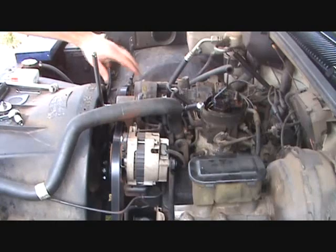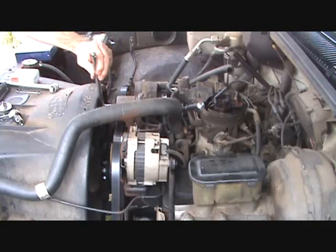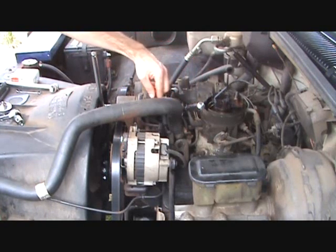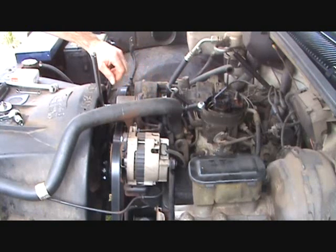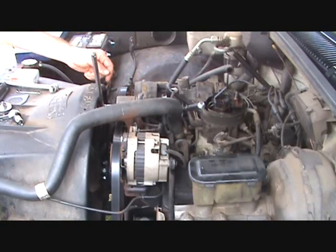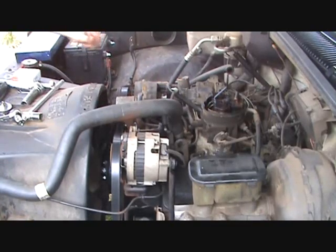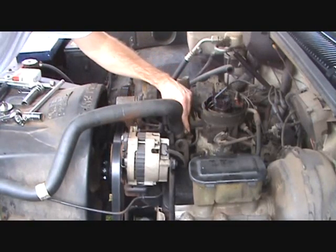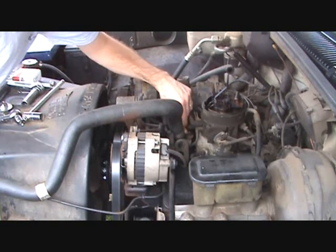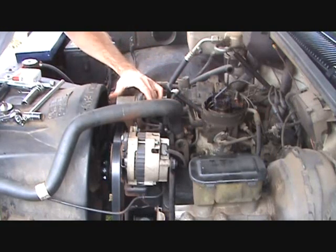Okay, to loosen the bolt and the tensioner here, I'm going to use a socket, 18mm socket on this side with an extension bar. I'm going to use a ratchet with an 18mm deep well on this side. We'll just turn this counterclockwise and loosen that bolt, and that will allow us to loosen that bracket on the back side there. Okay, the next thing we're going to do is loosen the bolt here, the nut here on this bolt on the other side of the bracket, and see if we can pick that up and move that to the side with this loose